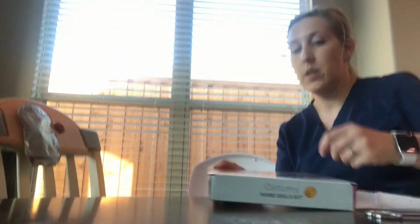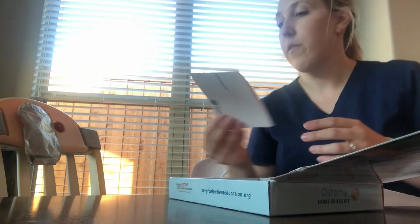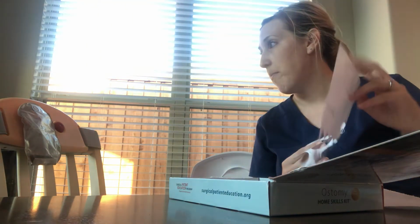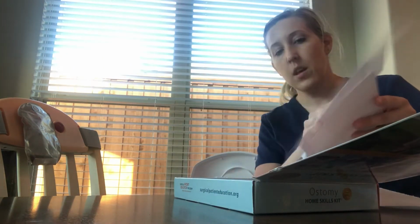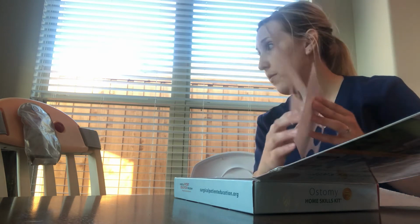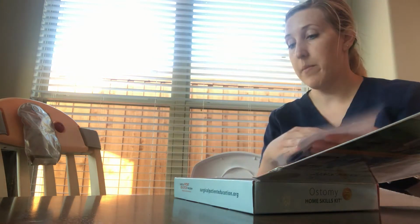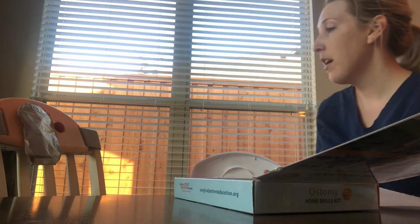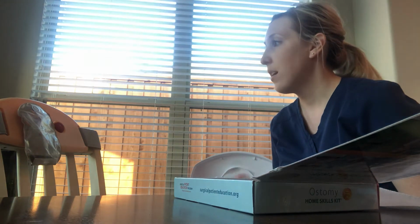So inside our ostomy home skill kit, there are a few different things that you will want to make sure that you use. The first thing is this stoma guide. The stoma guide is extremely useful in measuring your stoma so that you can cut your ostomy bag to fit around it and leave only a tiny bit of space. Now, with an ileostomy, we want to get it as close to the stoma as possible, because the output or effluent from the ileostomy contains a lot of enzymes that can be corrosive to the skin,